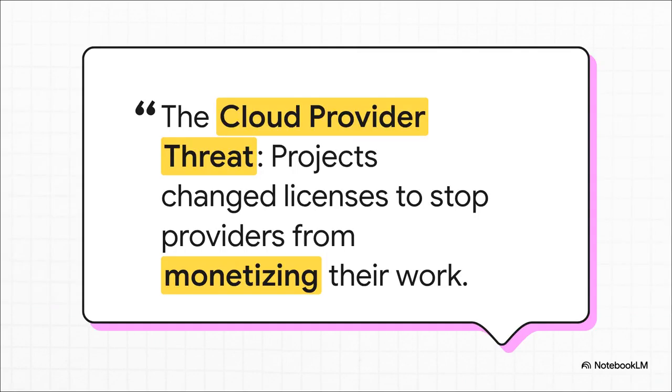And hey, this isn't just some academic theory. We are seeing this battle play out right now. In just the last few years, huge projects like Elasticsearch and Redis actually changed their very open licenses to much more restrictive ones. Why would they do that? To stop giant cloud providers from taking their free work, repackaging it as a paid service, and giving absolutely nothing back to the people who built it. The license you choose has become a key weapon in a very modern, very competitive war.